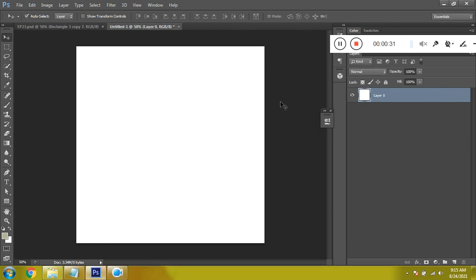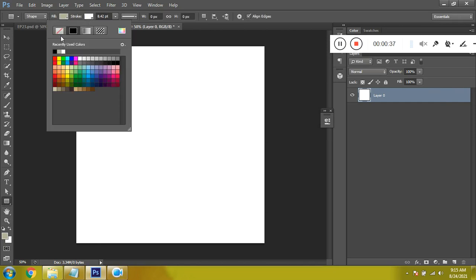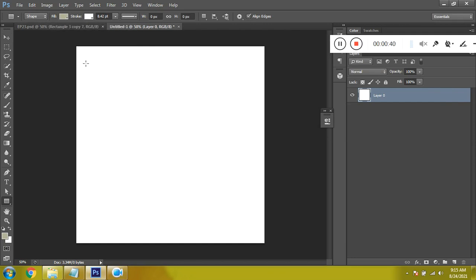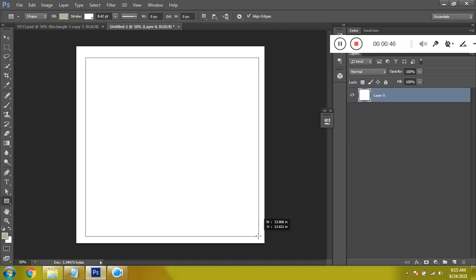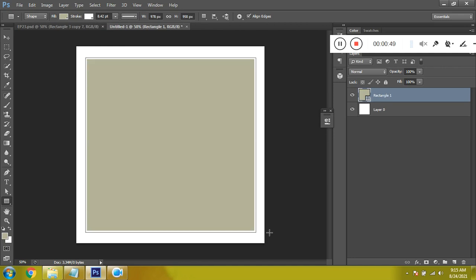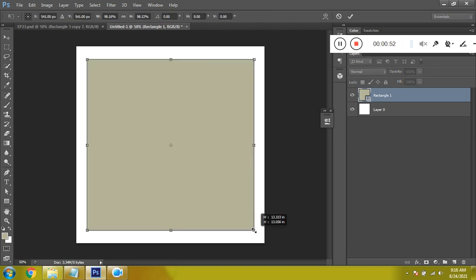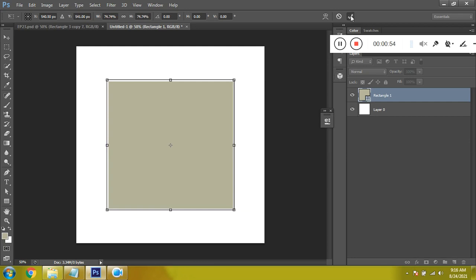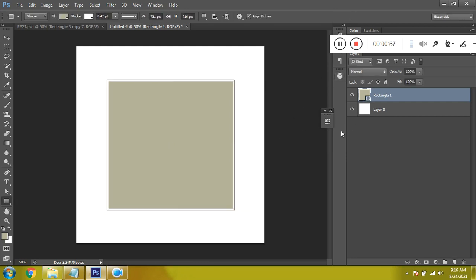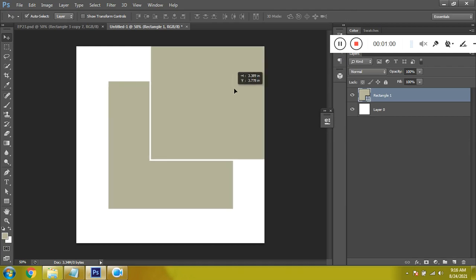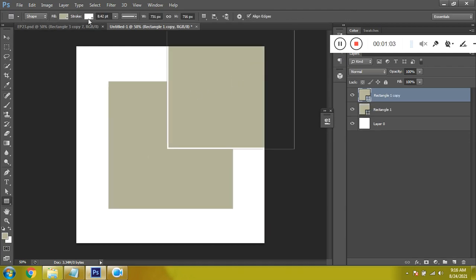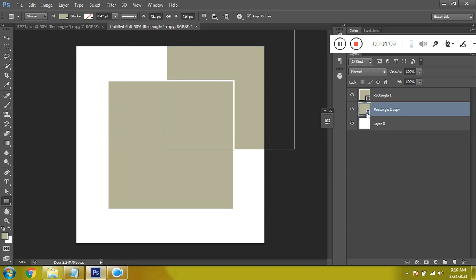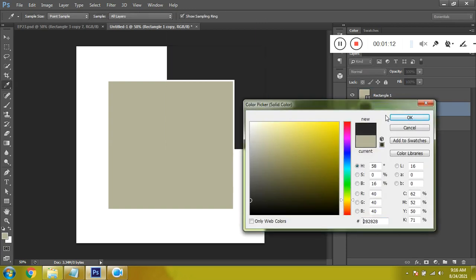The next thing we need to do is unlock this layer and press U. Once you press U, the rectangle will be highlighted. Let's create a rectangle. Let the fill be somewhat like 8, and click and drag. Ctrl T, press Shift and Alt, make it a little smaller. Cool. Once this is done, press V again, Alt drag, press U. Now remove the fill, place this below, and let's change the color to somewhat blackish.